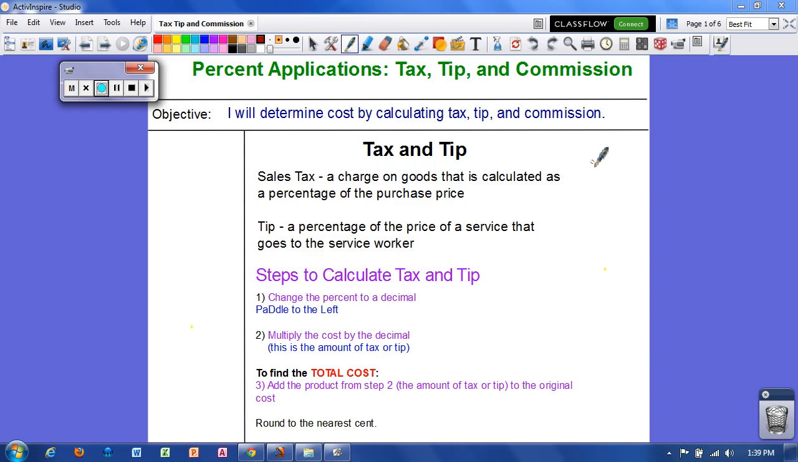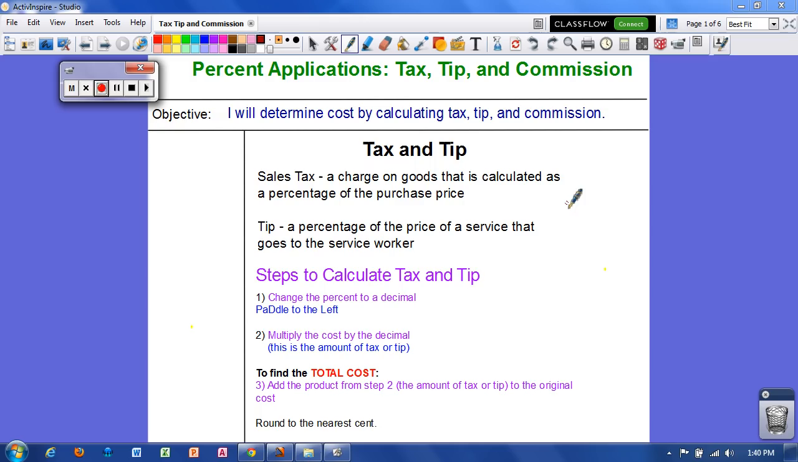Alright, let's talk about tax and tip first. You've probably heard of these before. So sales tax, that is a charge on goods that is calculated as a percentage of the purchase price. So let's say you go to Target and buy some groceries. Well, you not only have to pay for your groceries, but you will get charged tax, and that's a percentage out of that price. That will be added on, and your total cost will be more than what all the